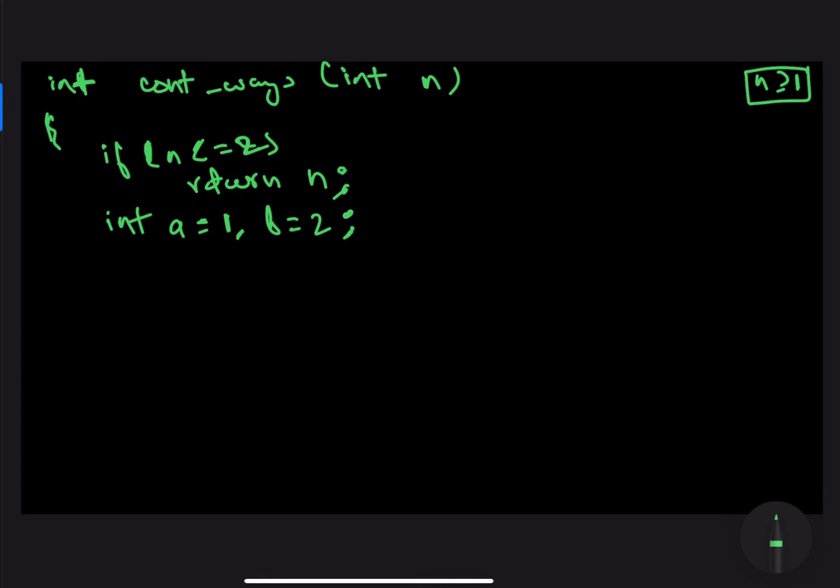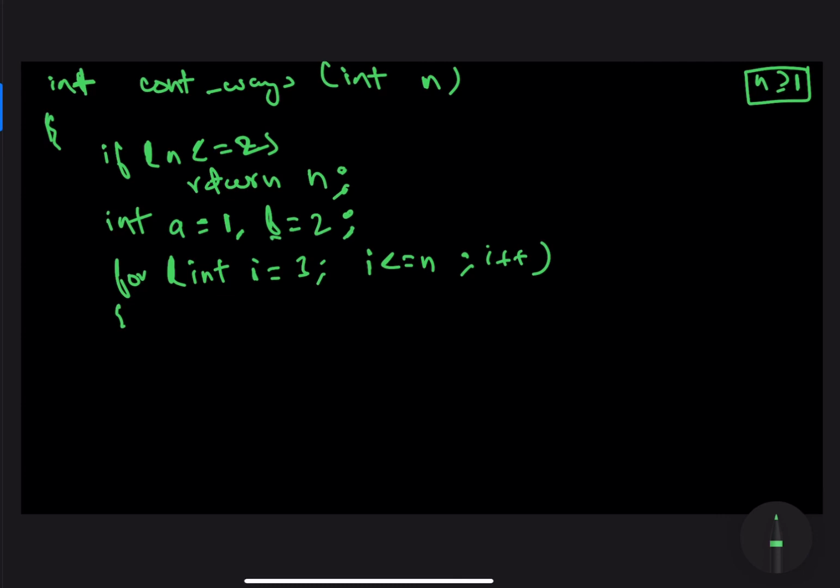All right, now I'm going to iterate over the states in the topological order, that is from int i equals 3, i less than or equal to n, i plus plus. Now at each iteration, what I would do is update the value of these variables a, b in a way such that the variable b is equal to dp of i, and variable a is equal to dp of i minus 1. So if we follow this, at the end of the nth iteration, variable b will be equal to dp of n that we are looking for.